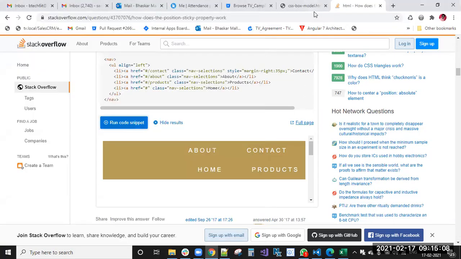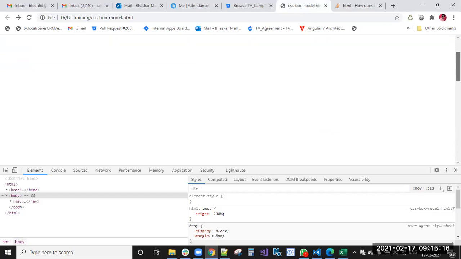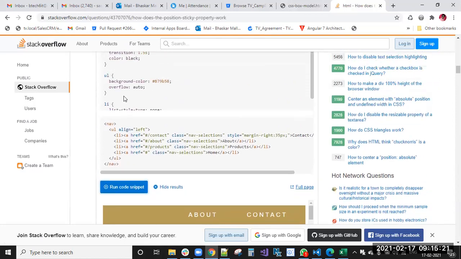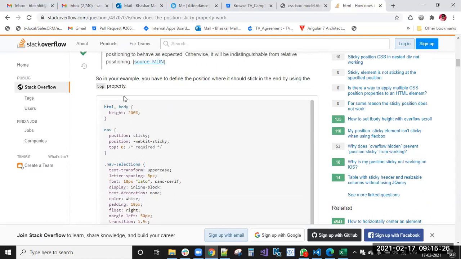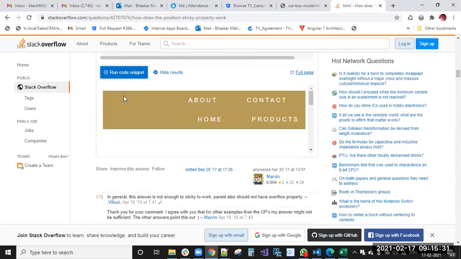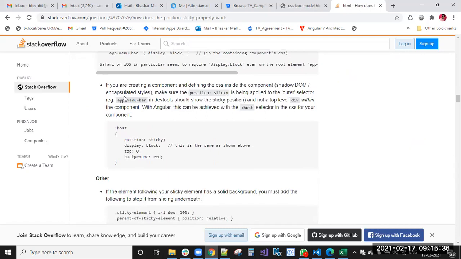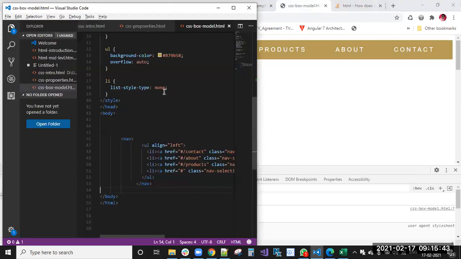So we'll try with this. Same code only, right? My browser is not supporting it. I think it's my browser problem, guys.